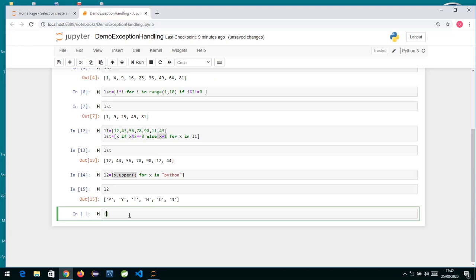Okay, suppose I want to do a cube. So what we can do over here is like this. Okay, key, and suppose I write over here cube, or whatever square you want to do.